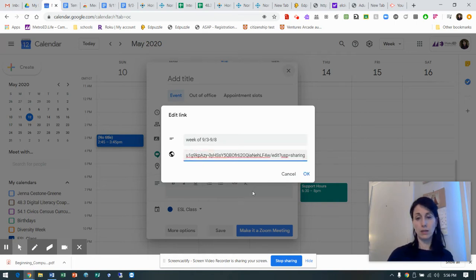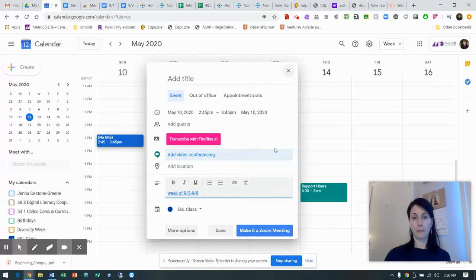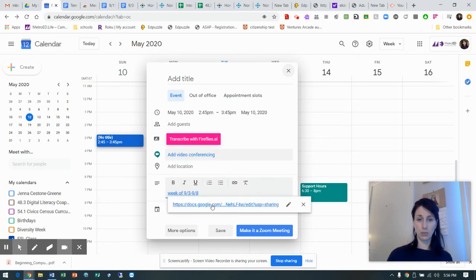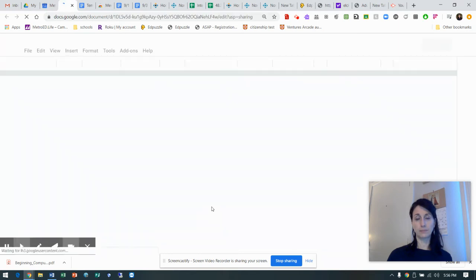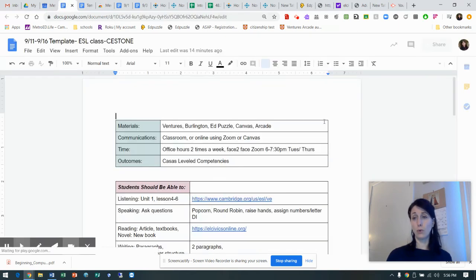Control V. And now I have a lesson plan there. And then this class will link to a Canvas link. So if I'm a student, I'll be able to go there and say, what are we working on this week? And I'll be able to pull up this lesson plan. Or I could share the whole folder of lessons, right?